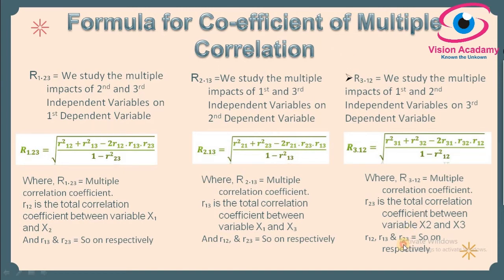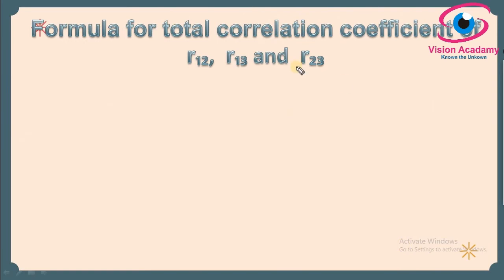So we have to consider some formula for that too, which means if you want to calculate the multiple correlation coefficient of R1.23, the basic elements are the correlations R12, R13, R23. Finding these things is very essential. Sometimes they have directly given R12, R13, R23, then you can apply directly for R1.23, R2.13 and R3.12. Otherwise, from the raw data you need to calculate R12, R13 and R23.